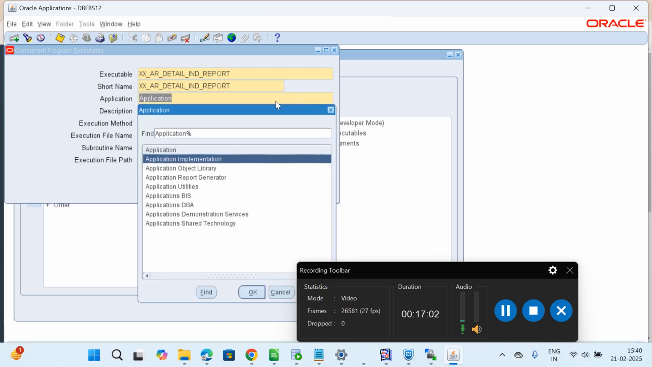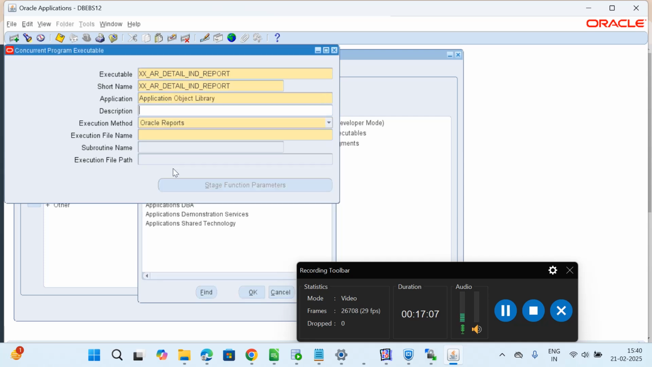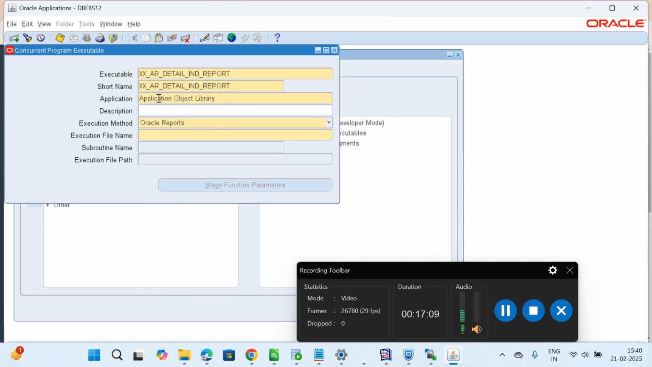The application will be Application Object Library. You can take any application as your team or your institute has provided you. Right now I am taking this. So the execution method will be Oracle Reports. For the description you can give anything, otherwise leave it. So the file execution name will be